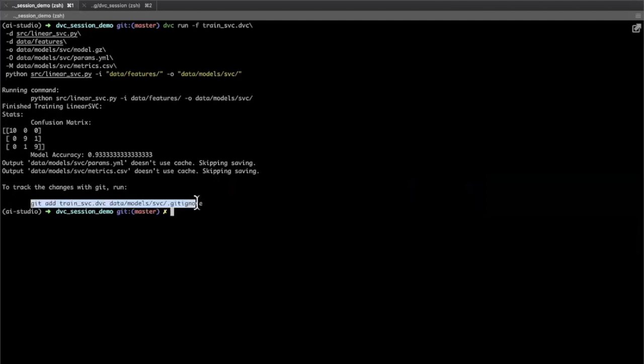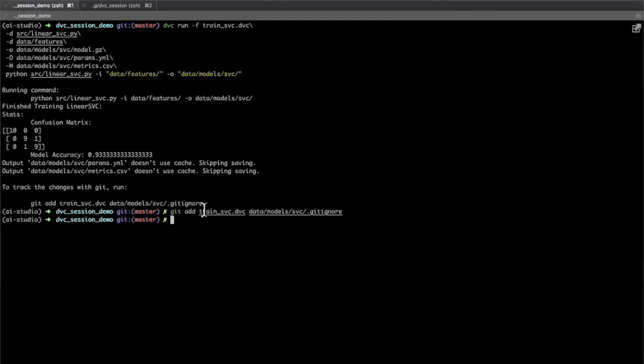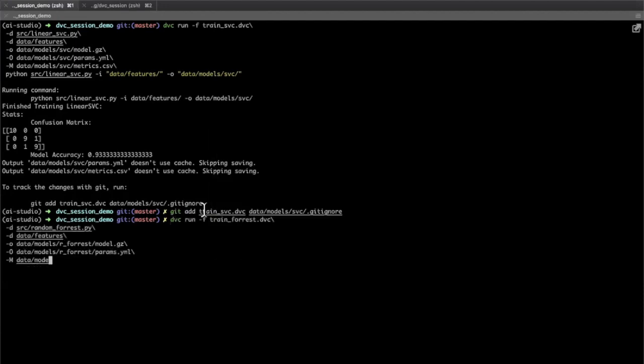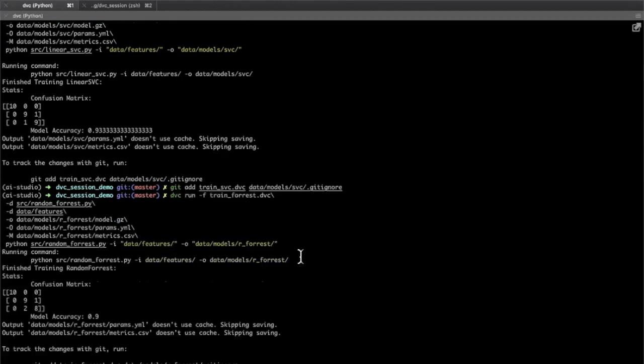As best practice, it's required that you keep each experiment in different commit, but I'm doing multiple models in one commit. Yeah, just for the demo.